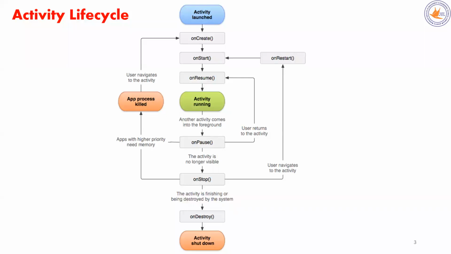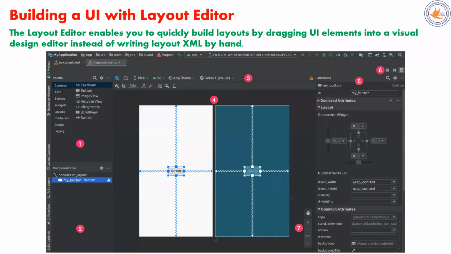It means just like a process life cycle, similarly in mobile application development, we have the concept of activity life cycle. So every activity goes through various phases of its life. This is where you are going to program the activities. When you are going to build a mobile application, you need to take the help of some IDE, and here we are talking about Android Studio.